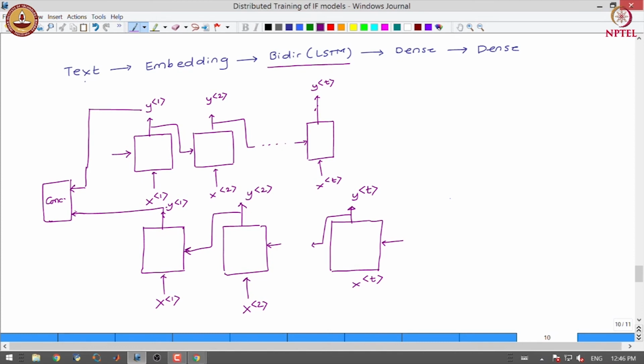Since here we are outputting 64 values each, the concatenation outputs 128 values.